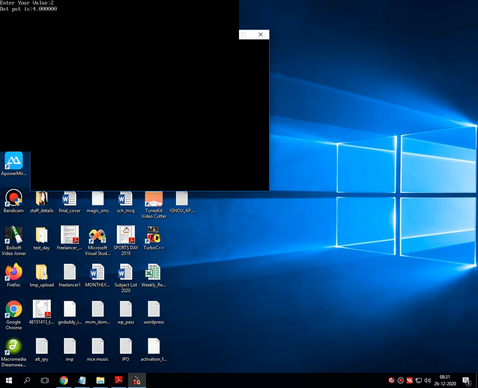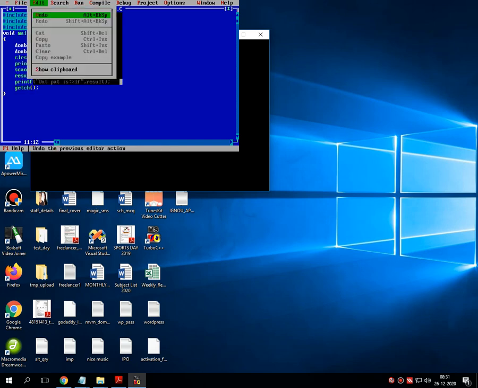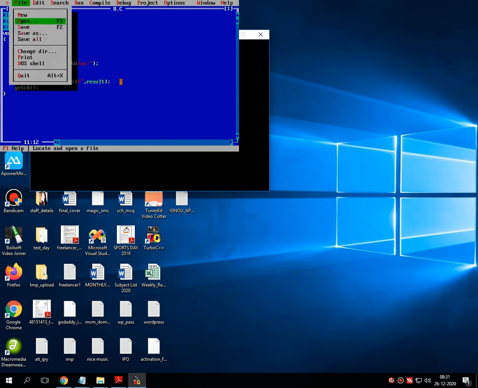What it returns, 2 raised to 2, that is 2 power 2 is equal to 4, onto the screen. Let's check for another value. 3 to the 2, that is 3 into 3 is 9. So 9 will be written onto the screen, which is the power of 3. Let's see this code in Notepad.